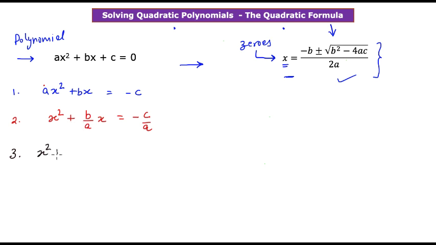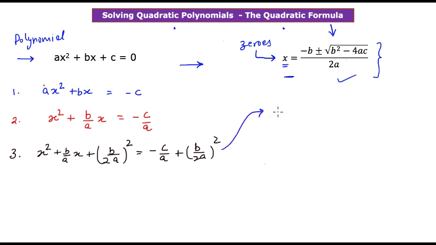For that, we first write the part as it is, and then we take the coefficient of x, divide that by 2 and square it. When you do that, you have to do the same thing on the right hand side to keep the equation balanced all the time. Now let's solve the left hand side and the right hand side separately. When I work on the right hand side, it is equal to b squared divided by 4a squared minus c over a. When you further simplify it, you get 4a squared in the denominator and the numerator becomes b squared minus 4ac.